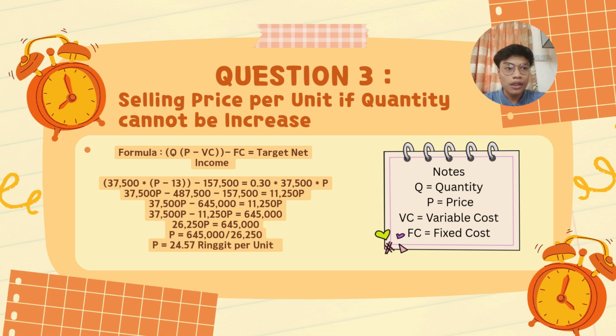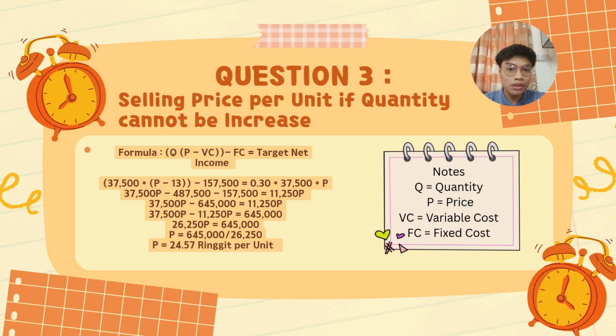And we settle the 487,500 and minus 157,500 and we will get 645,000. So we move the negative 645,000 to the right-hand side and we move the 11,250P to the left-hand side. So the new equation is 37,500P minus 11,250P equals 645,000. So we settle the P first: 37,500P minus 11,250P, and we will get 26,250P equals